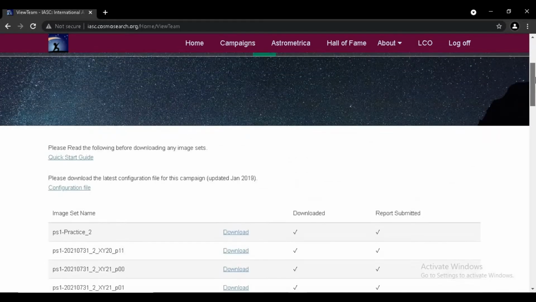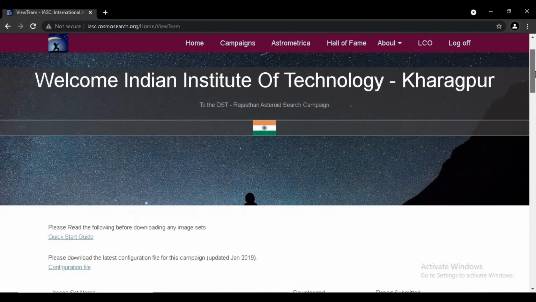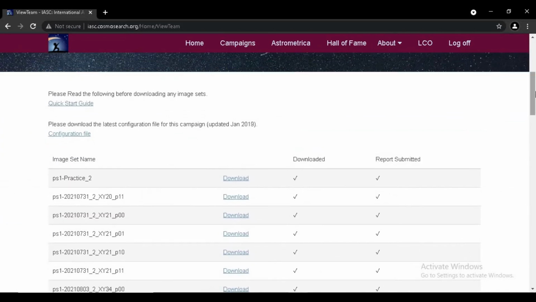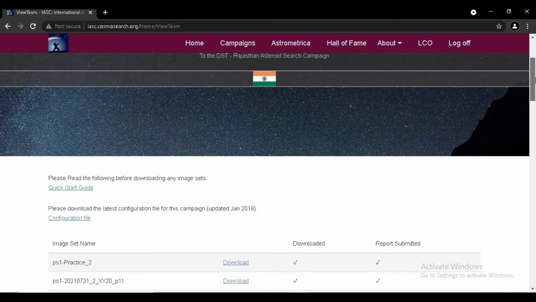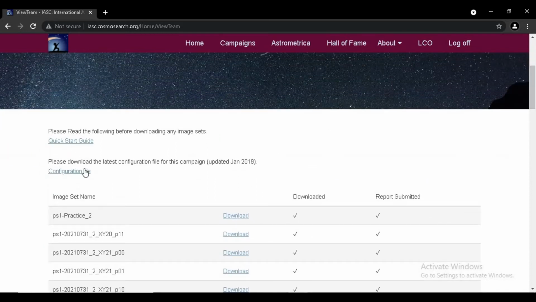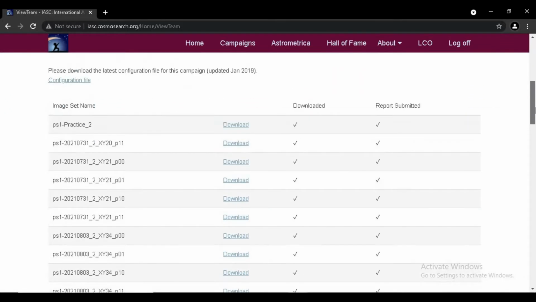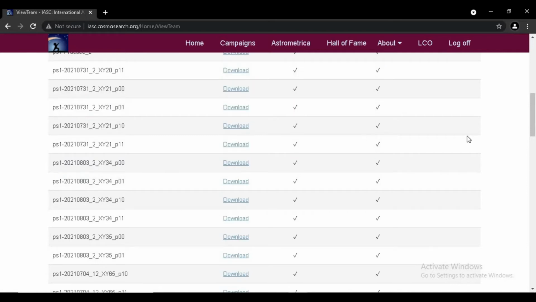All the teams will have the same interface, and you need to download the data from the same page during your participation. The quick start guide, the configuration file, and even the practice set will be the same for all teams, but the data assigned to you will be unique for each team.